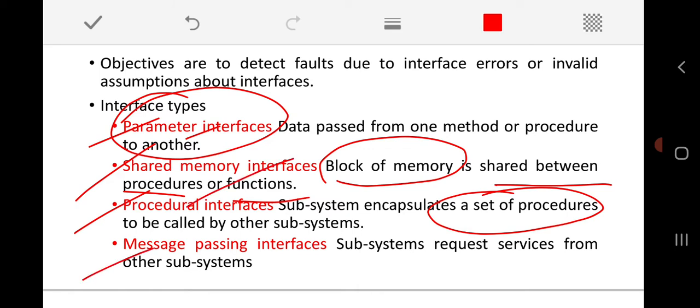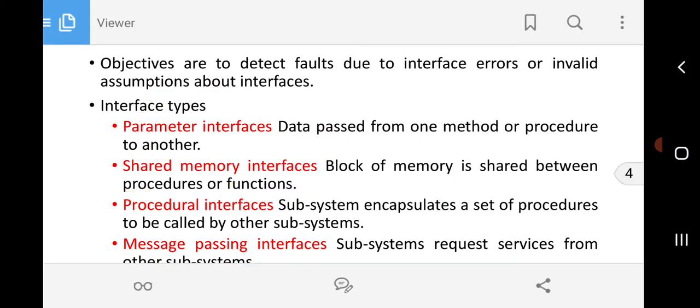Another type is the message passing interface, especially in message passing systems, where one system puts a request for a service to the other subsystems and gets a response to that requested service. These are all the different types of interface for which we can perform testing in interface testing.